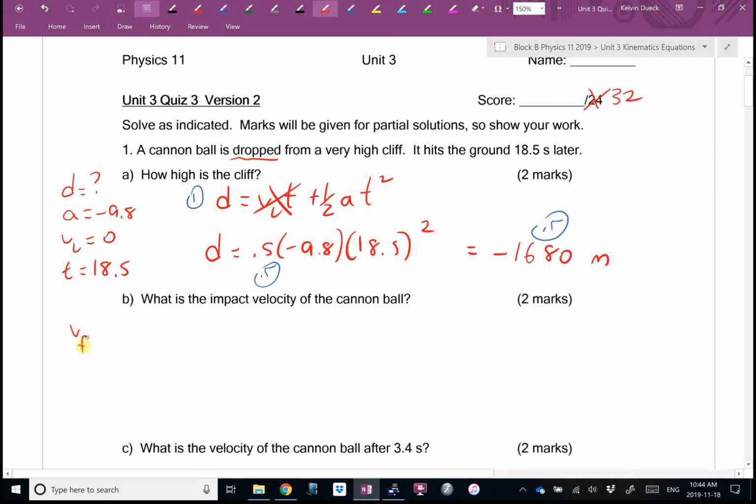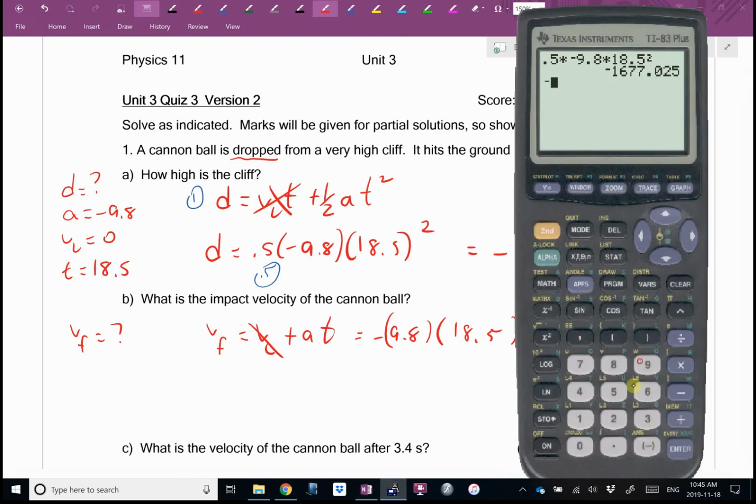They want me to find V final. Well, I would use VF equals VI plus AT, because they gave me VI and A and T, although VI was 0, so I could have just written VF equals AT. It's going to be negative 9.8 times 18.5. I'm definitely going to get a negative velocity, which I should, because it's definitely traveling downwards when it hits the ground. Do you get negative 181.3? So I'll go to negative 181